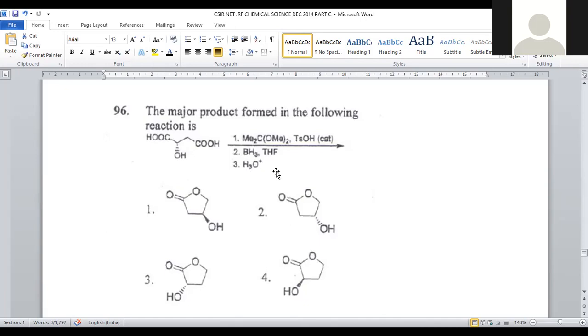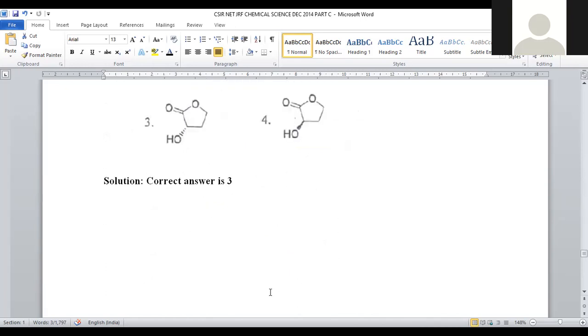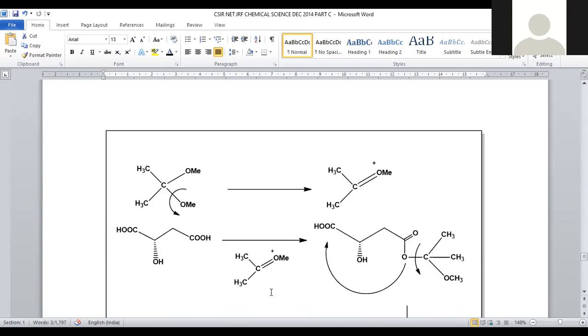So next is about hydrolysis in the presence of acidic medium. Let us see how the reaction proceeds and what kind of compound is generated. Anyway, you are very clear that in this reaction, you are able to get the ester compound. Cyclic lactone will be generated. In all the options, we have cyclic lactone, but we have to predict what is the stereochemistry of these. For that purpose, we have to see the mechanism.